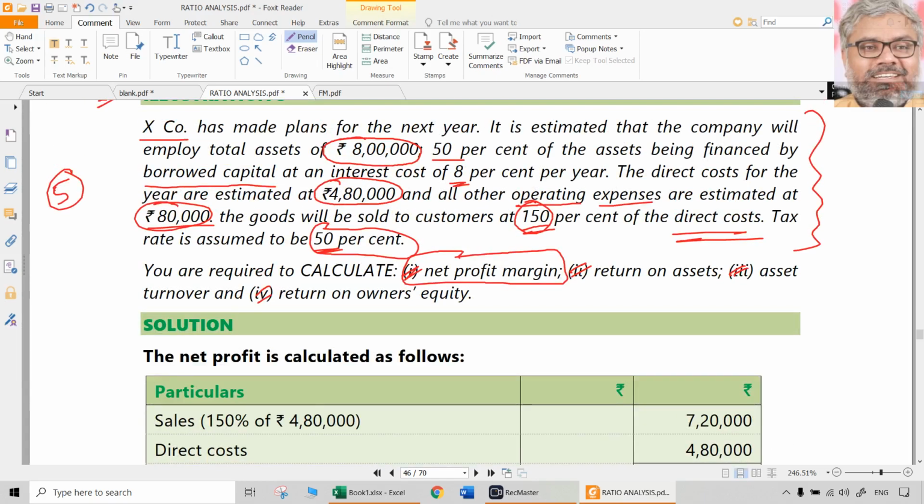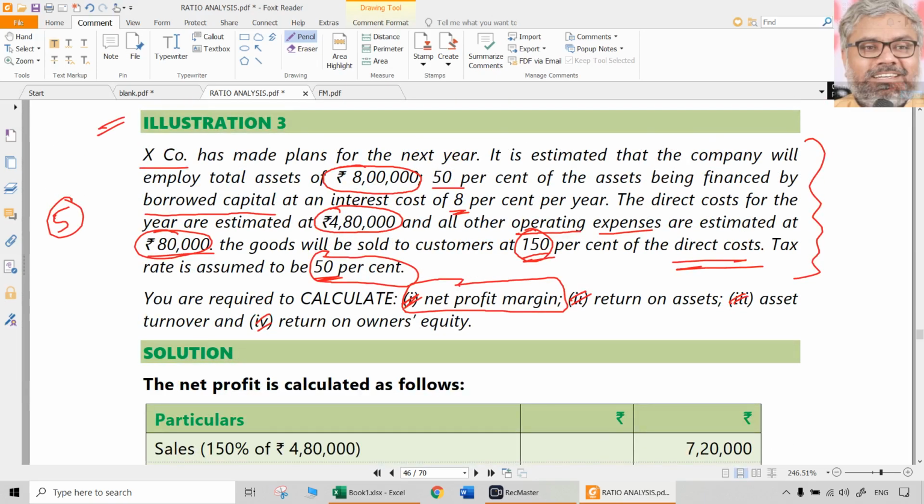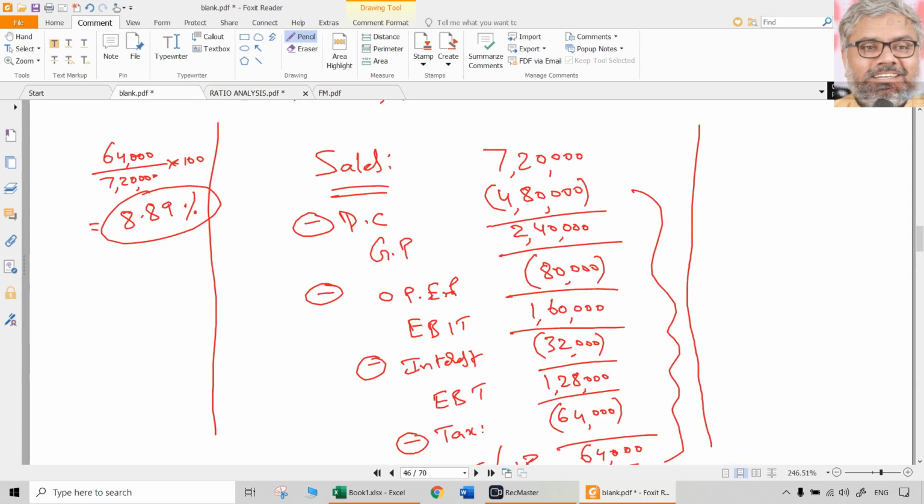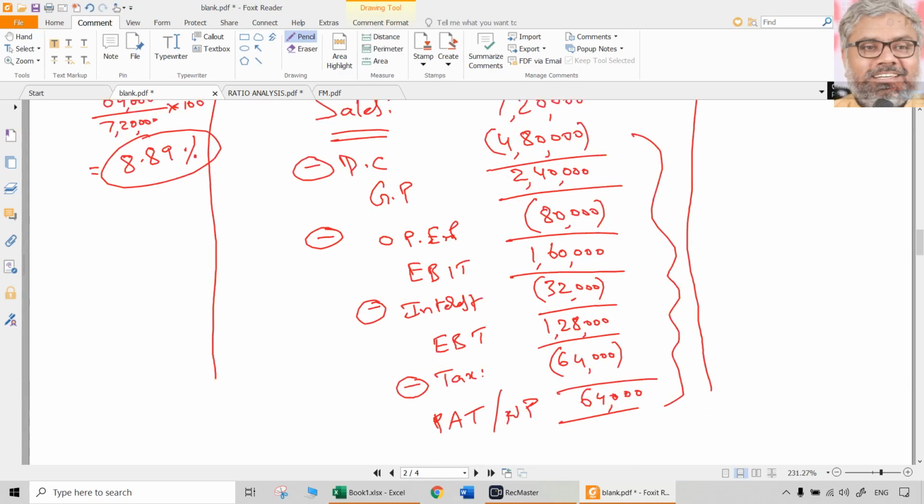Second, return on assets. So return on assets again is a point to be noted here. Numerator and denominator have to be matching. When we say return on the assets, what is a better numerator? Better numerator definitely is EBIT rather than the net profit. Why is that? Because we are talking about assets being employed and how much the assets have generated by using them. What interest has to do with that? What tax has to do with that?